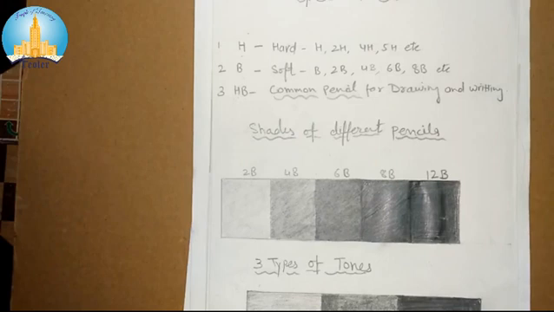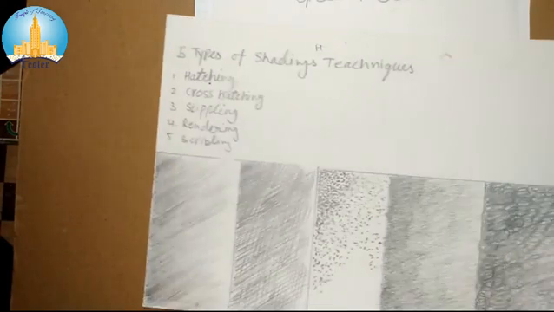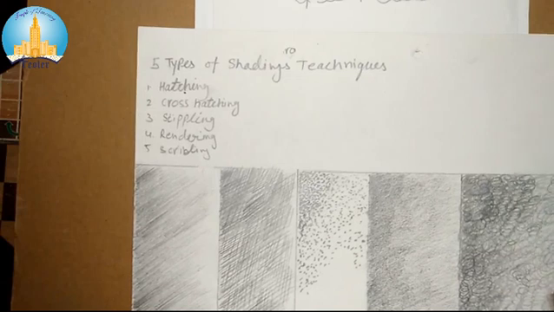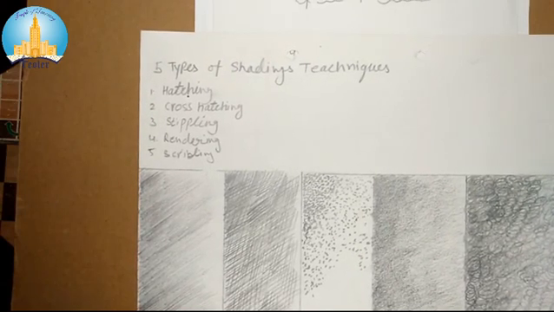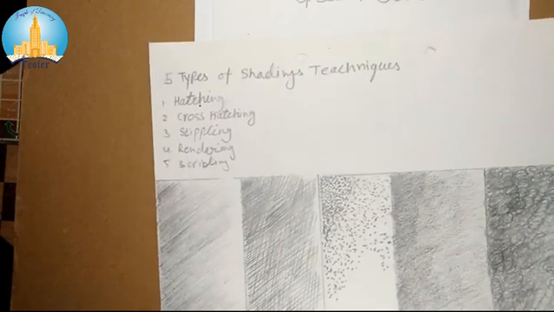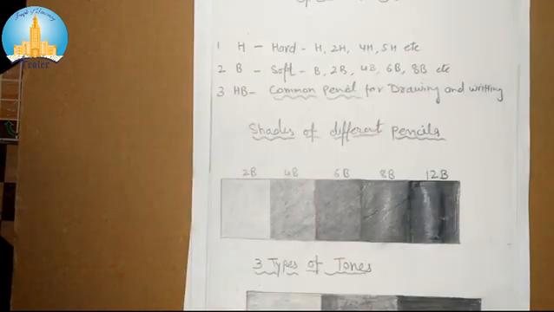Now, so today's lesson, shall we start? Okay, you have learned all the techniques: hatching, stippling, cross hatching, rendering. So now, how are we applying this on the composition? That is the next question. How will we do it? And if we are doing it, how does it come out? How do we observe light and shade in the object?